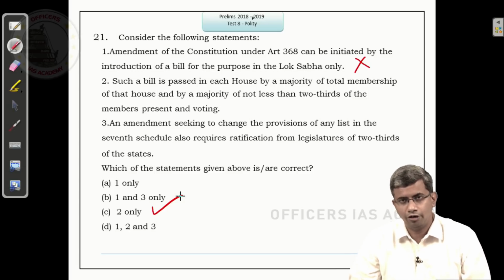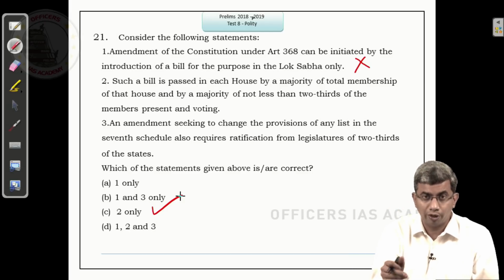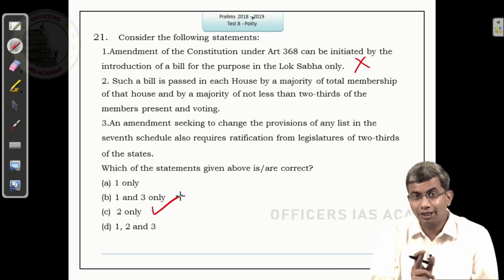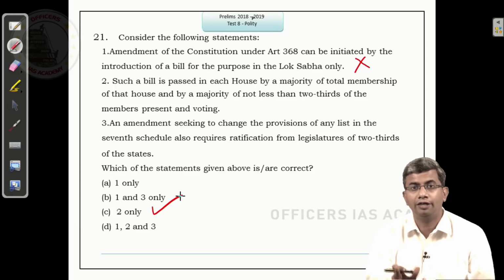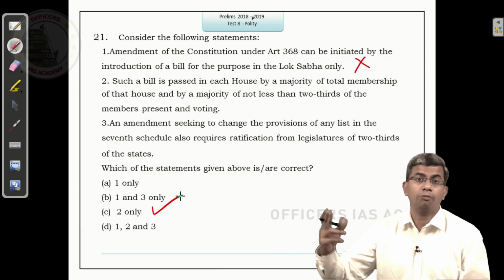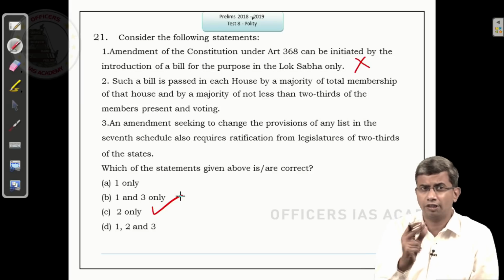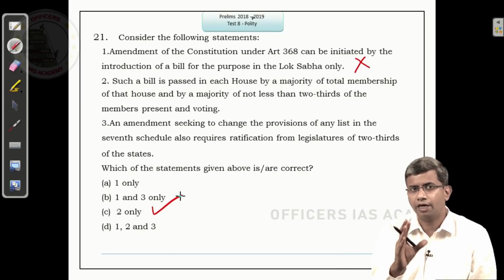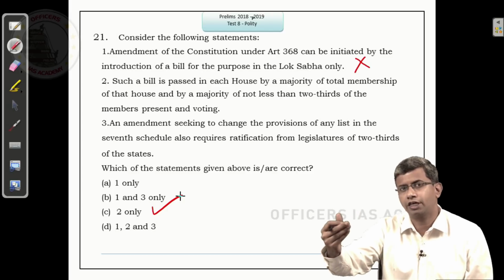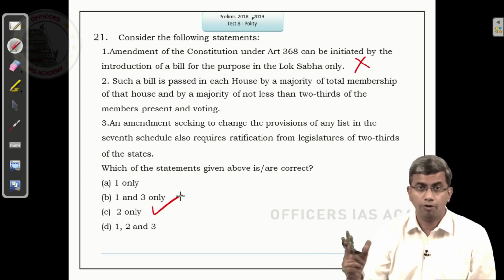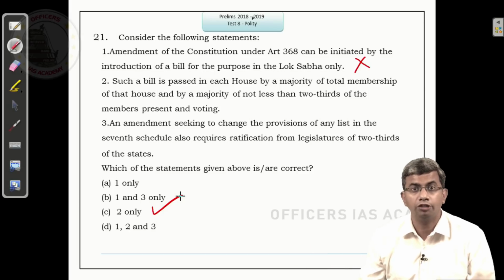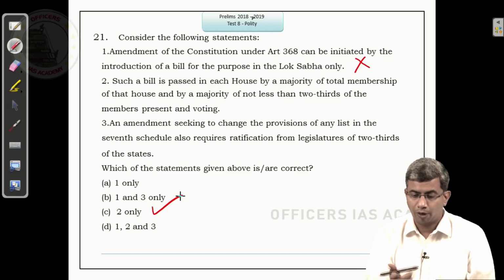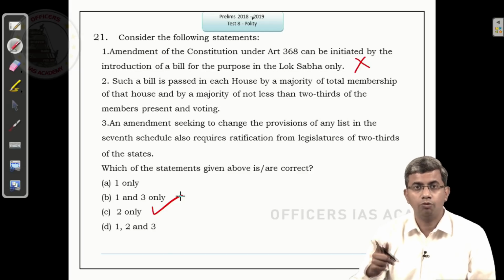So then you save time in such questions, because you really don't have to read the next two statements, though you quickly read them and ensure that they are correct, but it has to be correct because that is the only option that you can pick. So these are the questions that you should save time on. This should be over in 10 seconds and you should jump to the next question, because some questions may take, like the previous question, whether social justice is correct or not, equality of status and opportunity, am I getting it right? You may spend 45 seconds or even up to a minute, but you'll have to answer 100 questions in 120 minutes. So these are time saver questions, as I call them. So one statement you have eliminated, you got the right answer, then move to the next question.